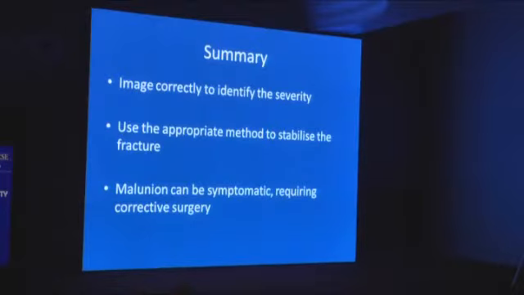So in summary, if you see them properly, by imaging them in either the full pronated or the full supinated view, you can make out what you're looking at. Then you must also immobilize it in such a way that it is congruent and stable. And you must correct the malunions because they can be pretty painful. And if there's a step, you need to do an intra-articular osteotomy and correct it, which is a little more difficult.